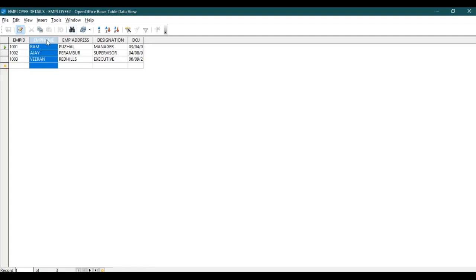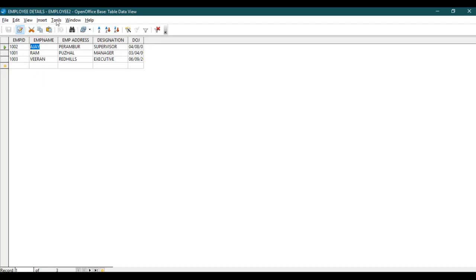So choose the column name, then go, this is called the sorting tool: sort ascending, sort descending. So I'm going to arrange this field, the employee name field, in ascending order. Just click this. Your column will be sorted in ascending order. This is sorting the records in the database. So what is sorting? Arrangement of data either in ascending or descending order is called sorting. So for that you have to choose the field name, then go to sort ascending or sort descending as per your requirements. This is sorting the records in the database.